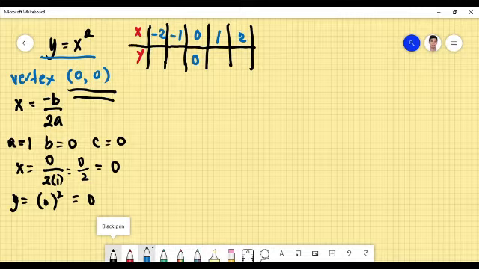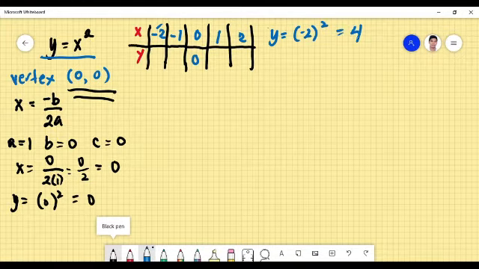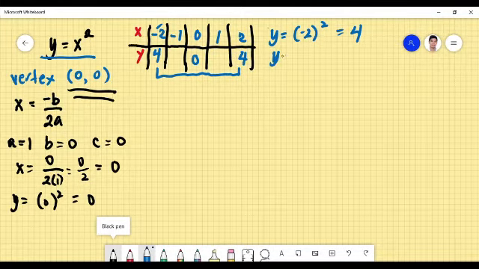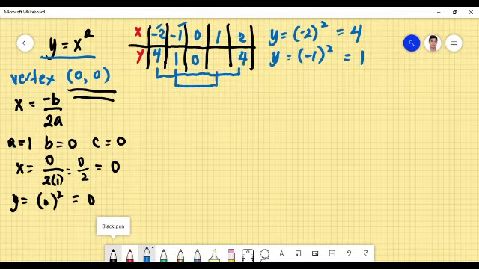So let's try that, yung very basic example natin. y is equal to, gamitin muna natin yung negative 2, that is negative 2 squared, which is equal to positive 4. So yung y natin dito is 4. Yung katapat niya dito, mirror, ay 4 din. In the same manner, pag ginamit naman natin yung negative 1, that is negative 1 squared, that is equal to positive 1. So 1 na rin dito, so automatic, yung mirror niya dito is also 1. So pag kumpleto na yung table of values,